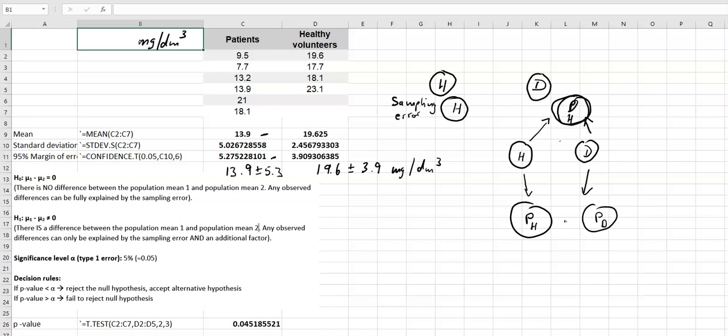And that is basically what a two-tailed independent two-sample t-test does. So what we are going to do is a two-sample, because we've got two samples here, independent, the samples are not dependent on each other,